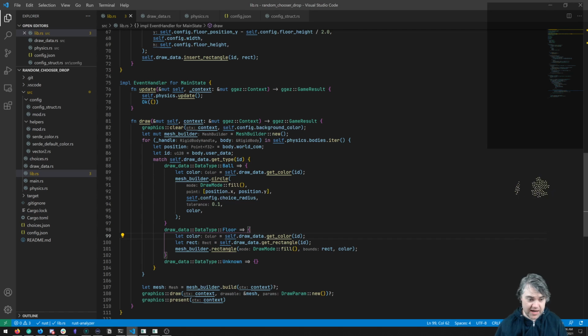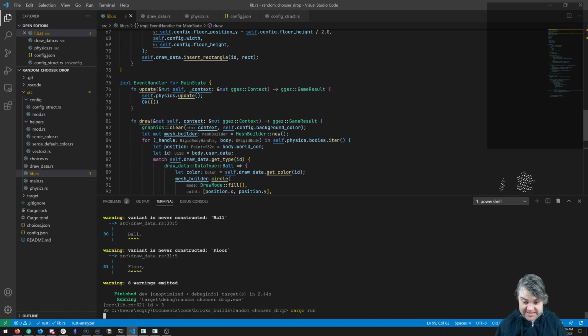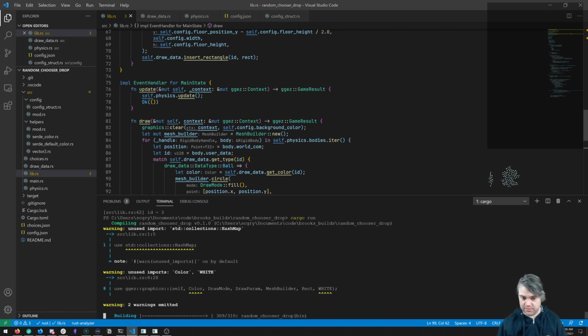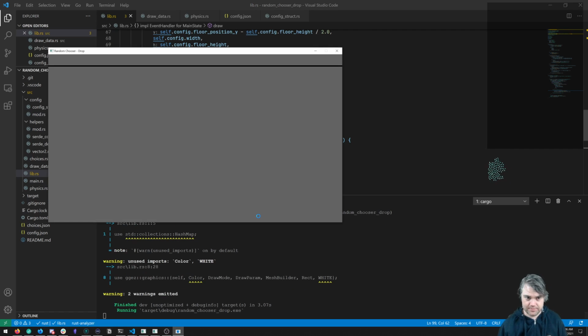Okay, so let's run this, see if we can actually see our platform. I guess that's what we can call it. We can call it platform, but there it is. Now our balls are sitting on top of that. Now, if I want to get rid of this,